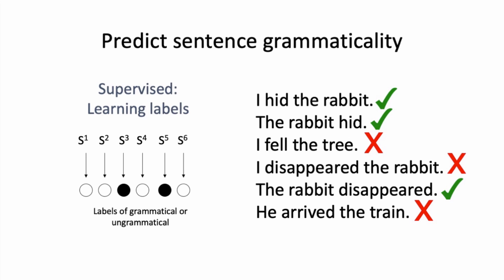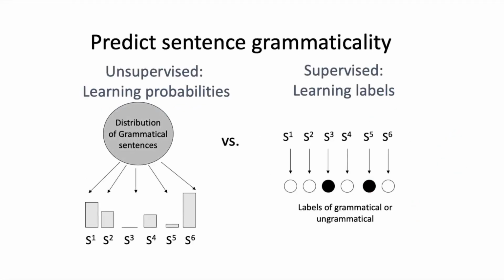Both supervised and unsupervised models are learning to generalize the structure they've learned in order to predict the grammaticality of new sentences. Both types of models might have similar predictions for many sentences. However, there will be situations where they differ in their judgments of grammaticality because the supervised learning model was learning rules based on positive and negative labels of grammatical and ungrammatical sentences, whereas the unsupervised learning model was learning patterns from only positive examples of grammatical sentences, and therefore the different models could sometimes come to different conclusions about the grammaticality of new sentences.